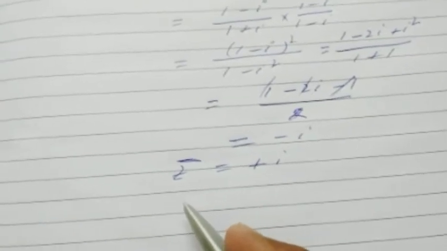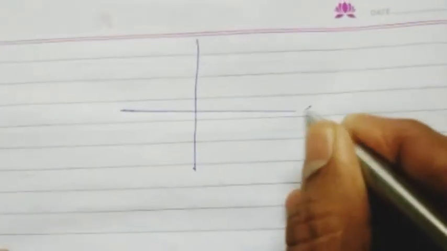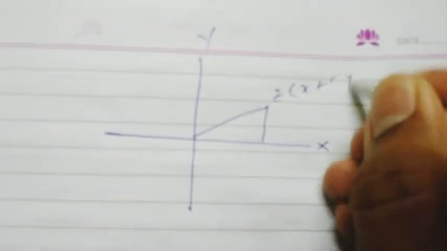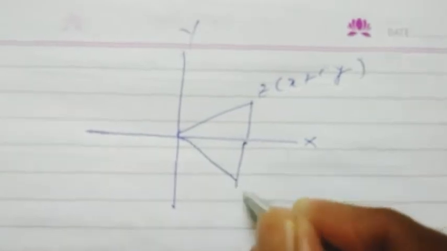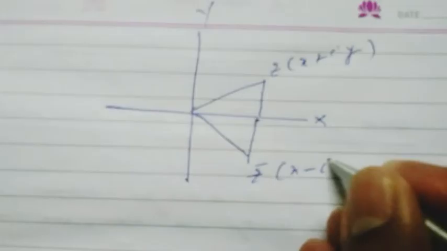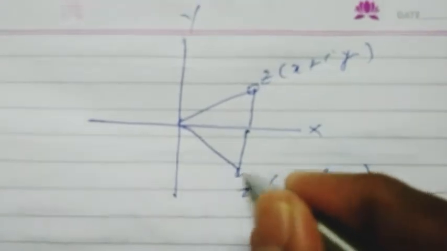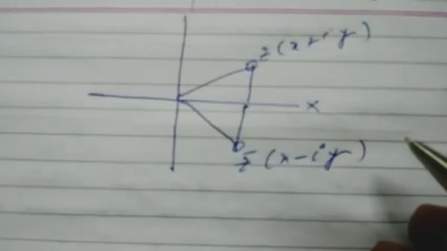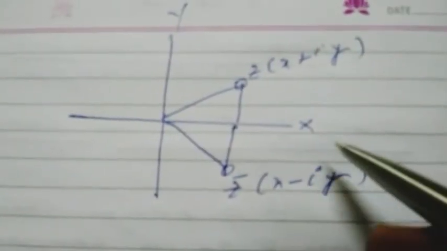So what we have to do basically, when we go with the conjugate, every time we have to make the complex number into standard form, and then further we go for the geometrical interpretation, how we can put it graphically. Suppose you are plotting a complex number with x and y in the first quadrant, this is z is equal to x plus iy. When you go to the fourth quadrant, it will be z conjugate, and this is x minus iy. So what is the relation between the complex number and the conjugate? They are in an object and image type relation. It is simply the opposite, changing the sign of the imaginary part.